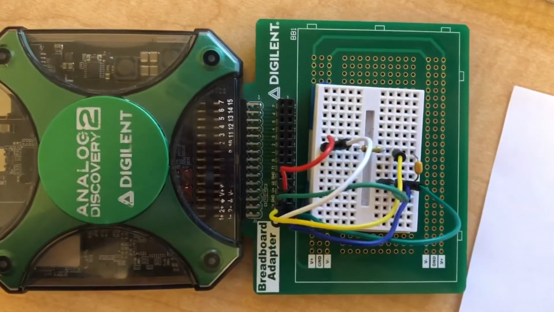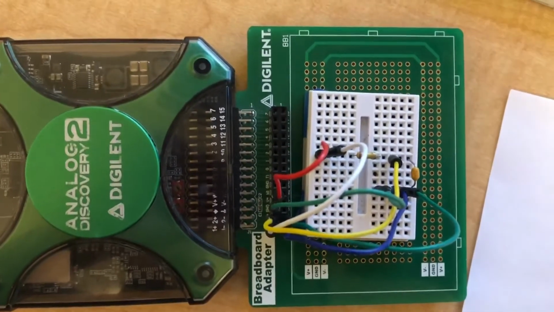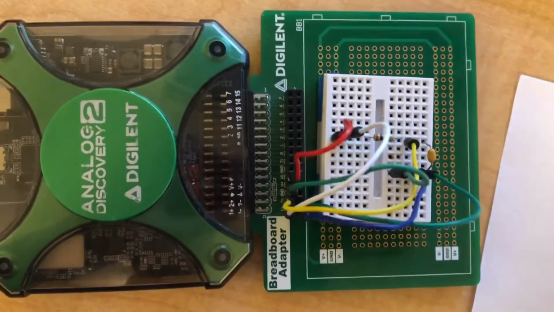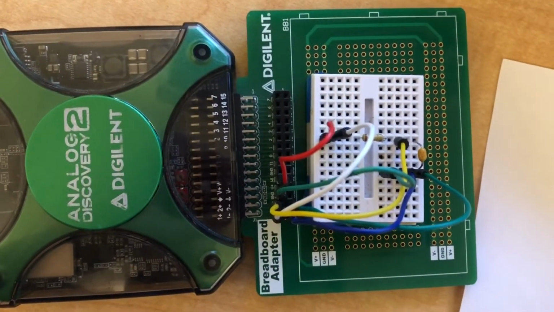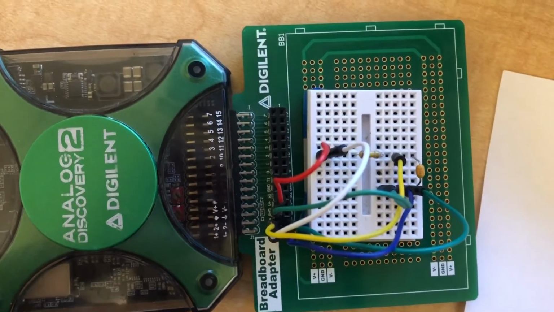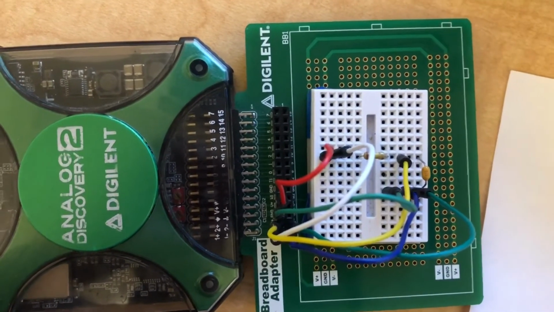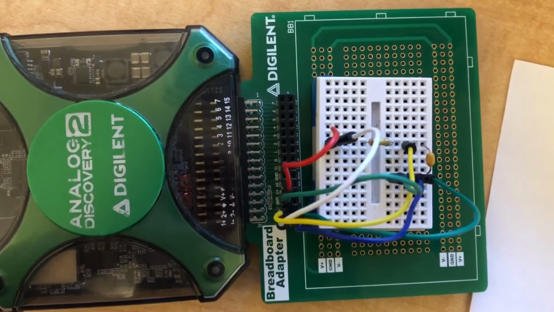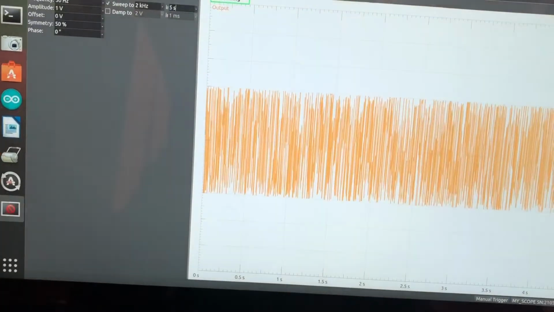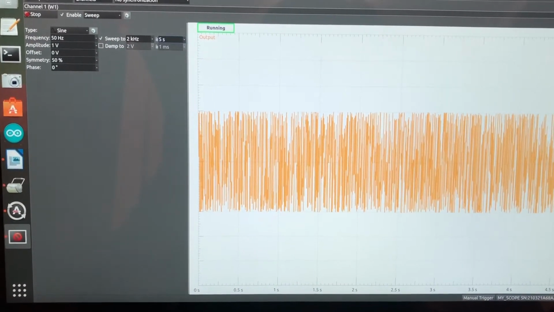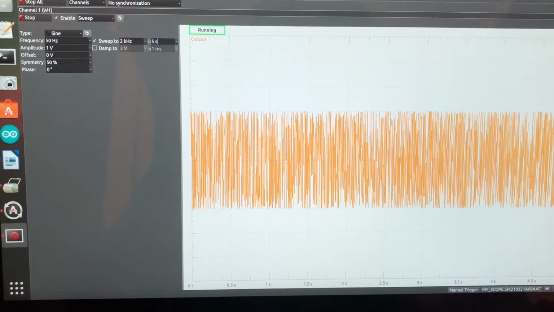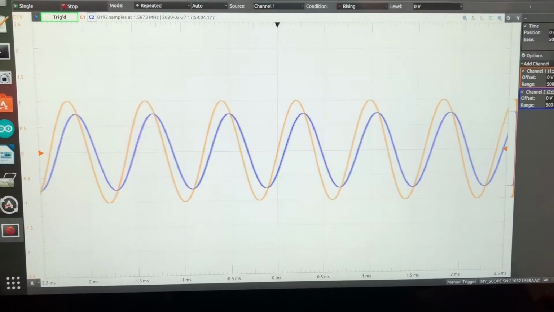And this is my Analog Discovery. This is what I use to analyze a network, for an oscilloscope, a power supply, and just about everything else that I need. And all of that is shown on my computer. So here I have a sine wave going through the circuit, sweeping from 50 hertz to 2 kilohertz in 5 seconds. And as you can see,